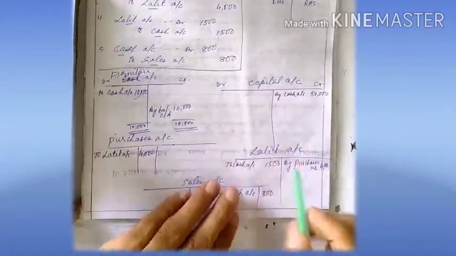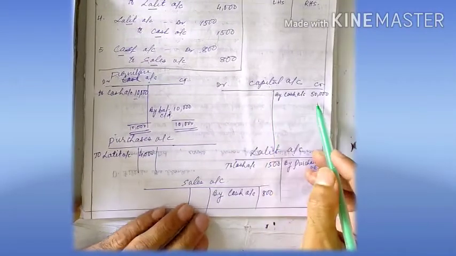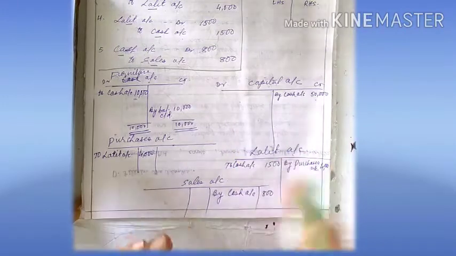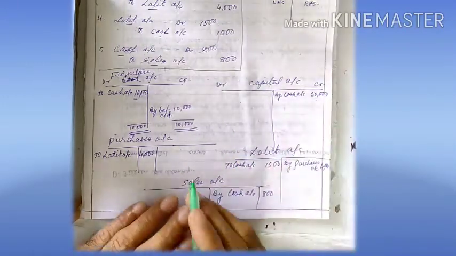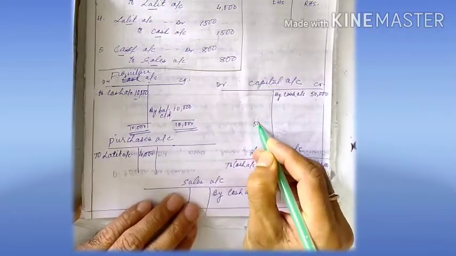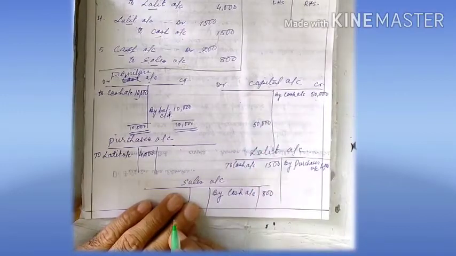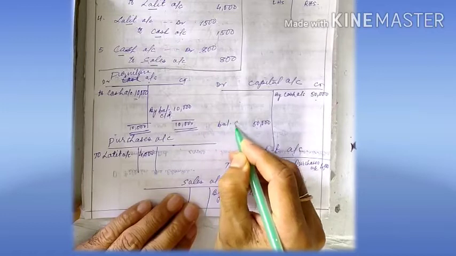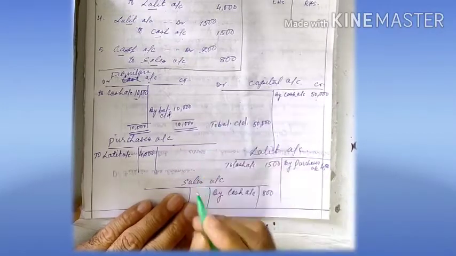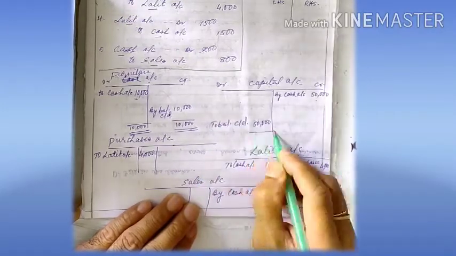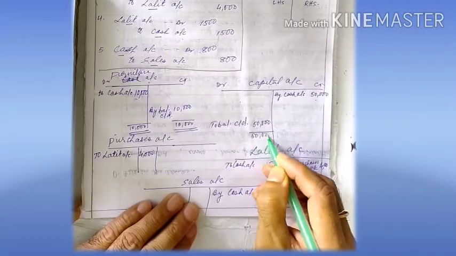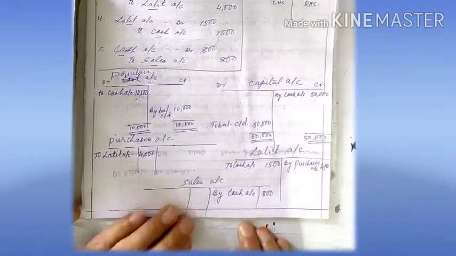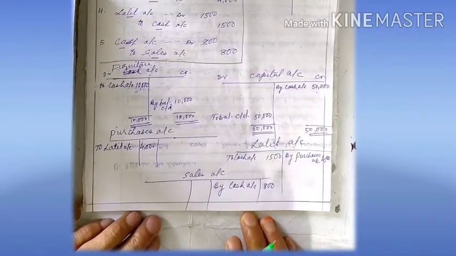Similarly, let's take the capital account. Now, capital account on the credit side you have 50,000, but on the debit side is 0. It is not balanced. So, in order to balance, you have to put 50,000 on the lesser side. So, it is 50,000 here. Now, this new amount will be termed as balance CD. So, this is to balance CD. After writing balance CD, we take the total 50,000. This is how we balance it. This is called balancing a ledger account.